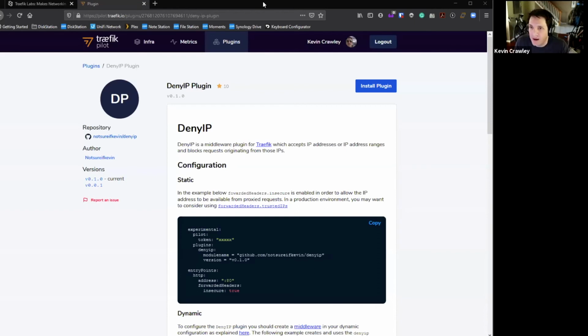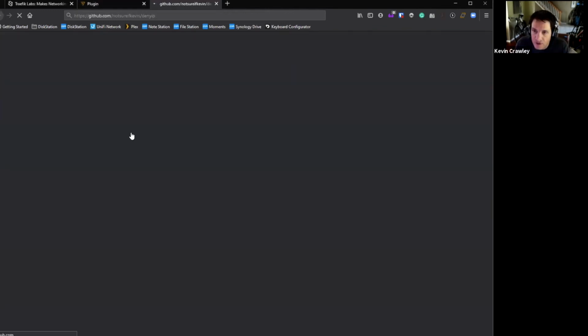This is a plugin that I built for demonstration, just to try to figure out the plugin system initially. This is actually one that can be used legitimately. What it does is it takes a list of IPs or a CIDR block and will allow you to configure a block list, essentially a deny list of IPs that you don't want to pass the request to the downstream service. So if we take a look at the code here,